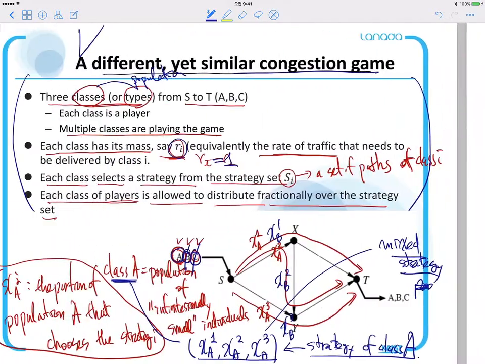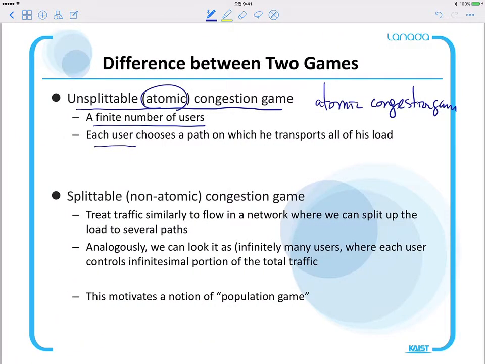But in the second game, we consider the player as an entire class, where we regard